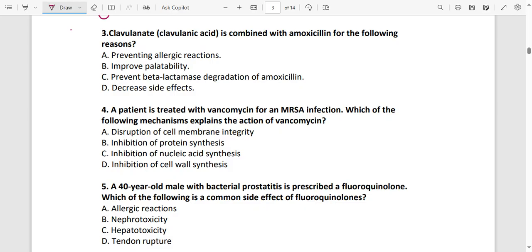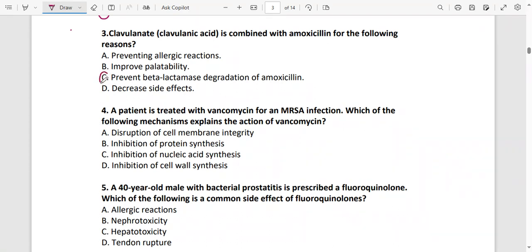Clavulanate, which is clavulanic acid, is combined with amoxicillin for the following reason: preventing allergic reactions, improve palatability, prevent beta lactamase degradation of amoxicillin, decrease side effects. Anyone to help us with that one? Okay. So if you type, I'll not be able to see the typing. Thank you so much. Beta lactamase. Remember, clavulanate is a beta lactamase inhibitor, which is preventing the breaking down of